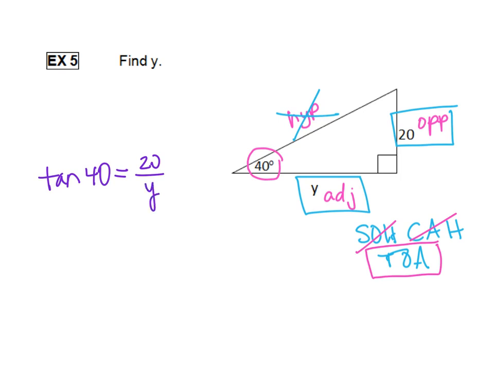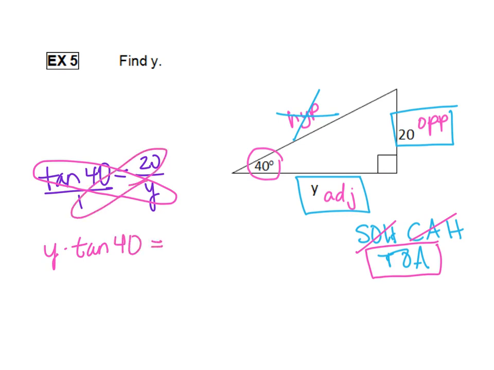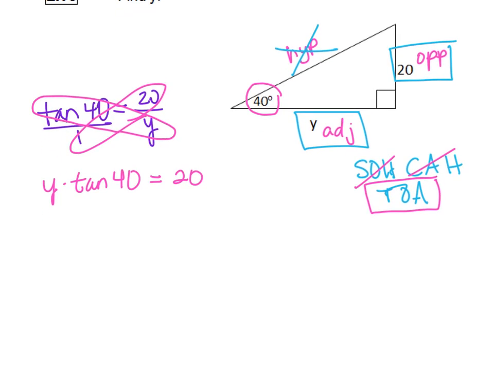Now we just solve this little equation. Again, go ahead and give yourself a fraction so you can cross multiply easily. So when we cross multiply with that y, put the y out front, so it's going to be y times the tangent of 40 is equal to 20 times 1, which is 20. All right, so let's figure out what the tangent of 40 is on our calculators. So we just type that in, tangent of 40, round it to 4 decimal places, 0.8391